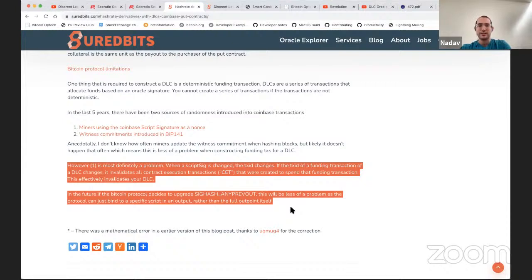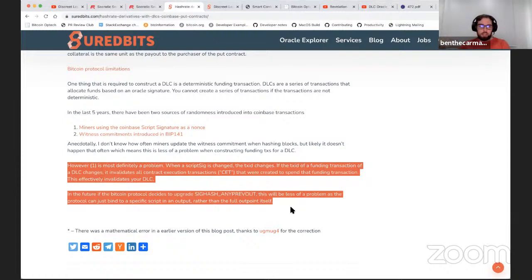So I think that is going to be a big improvement once we have DLCs in Lightning channels, to have SigHash any prev out. And I think there's other tricks, Ben, that maybe you know more about for how SigHash any prev out can be used to optimize DLCs. I think you could do more complex things where, say, when I get paid to this address from the DLC, instead of it just being received to me, I could have an already signed transaction that spends it from that address to 50 other parties.